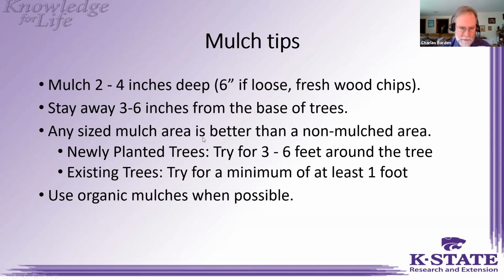Now, existing trees, you really only need to have a minimum of about a foot of mulch. You know, if a sapling has 6 feet of mulch, you think a big tree would need a 10 to 20 foot circle. But really, you're just trying to prevent the mower from getting right up to the trunk of that larger tree. So just having a foot distance there of mulch as a buffer is all you need. Because remember, there are very few root tips growing around the base of that tree. The root system of that large established tree is spread way out beyond the branches. So we don't need a big circle of mulch, just a small mulch to keep the string trimmer and the mower away. And again, use organic mulches whenever possible because they break down and improve the soil.